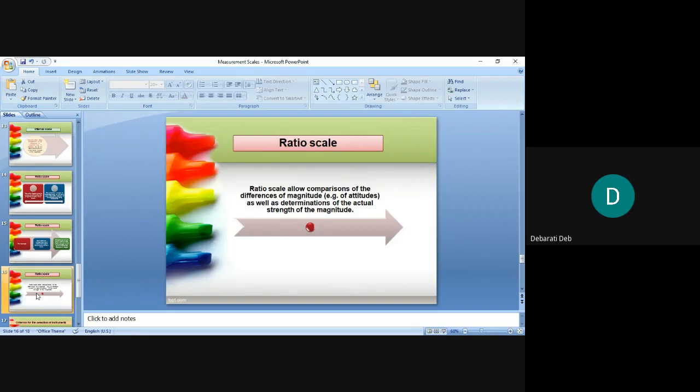Same goes with weight. If weight is less, 10 kg, 20 kg at the age of say 15, 16, 20 years of age, it's a very bad weight. Whereas if you have 45 kg of weight at the age of 20, depending on your height also, then you can say that this weight is better than 20 kg of weight. Like that you can compare now. So ratio scale is better, okay?